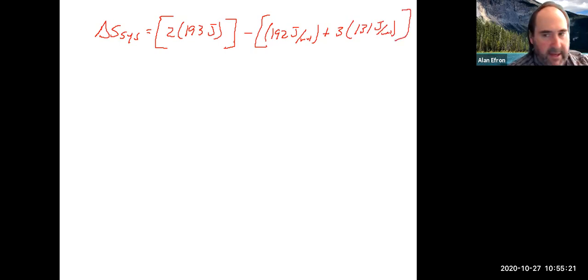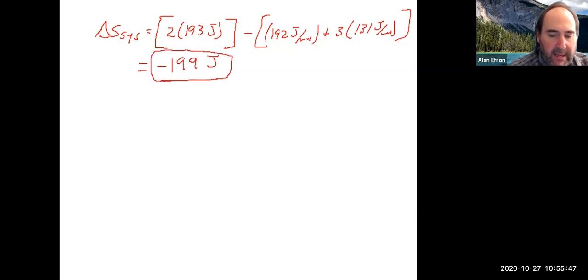If we do all that, we have 2 times 193 minus 192 plus 3 times 131. Altogether, that looks like minus 199 joules, in this particular case, would be